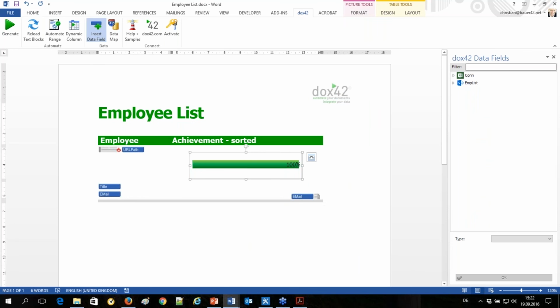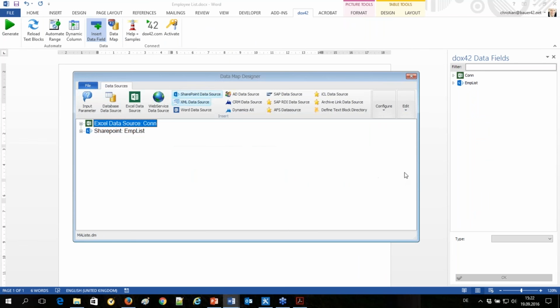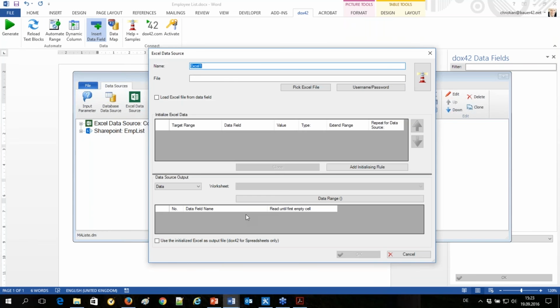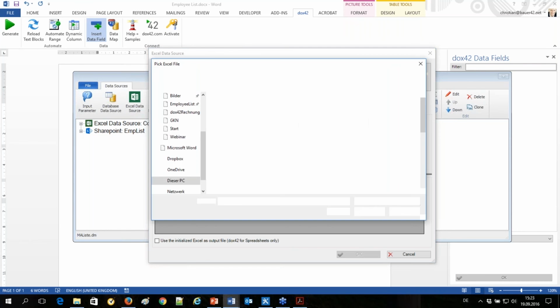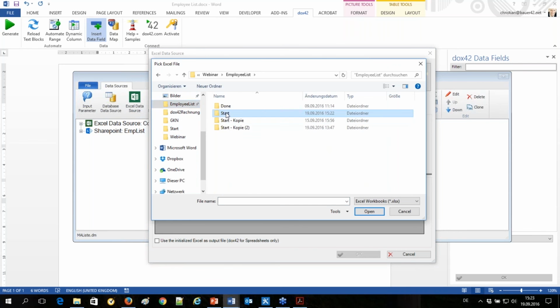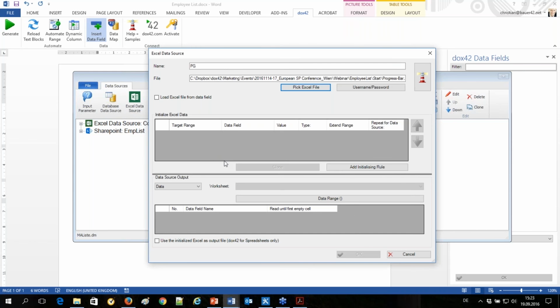How does that look? It's a very, very simple Excel file, and it has a bar chart here, and it works as a progress bar. What we want to do is write the value of the field achievement into this Excel cell here. So we select a cell, we select the data field achievement. Where is it? Here. Okay, it's numeric, fine. As a result, we would like to have the charts from the one and only worksheet we have.